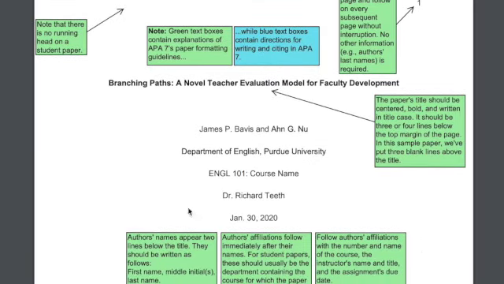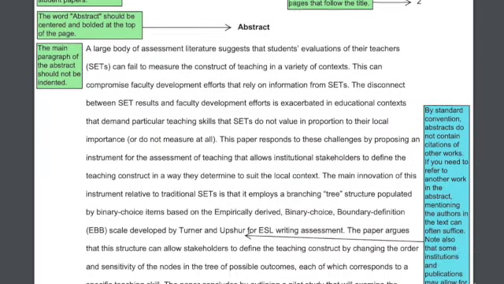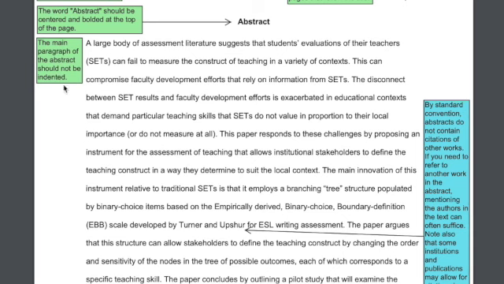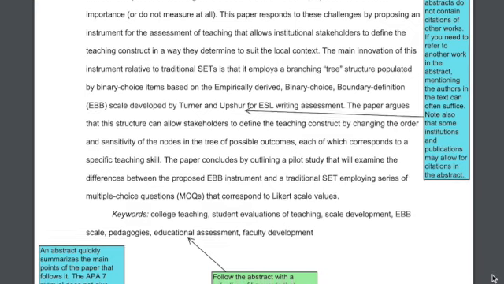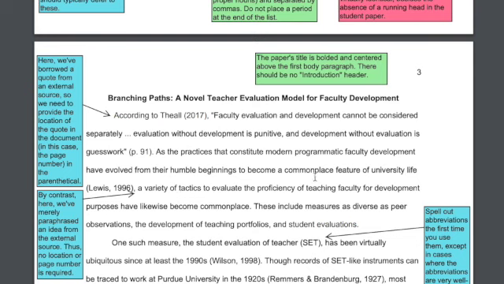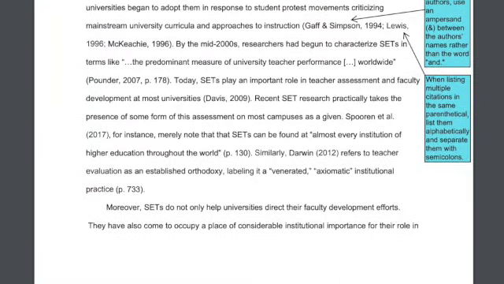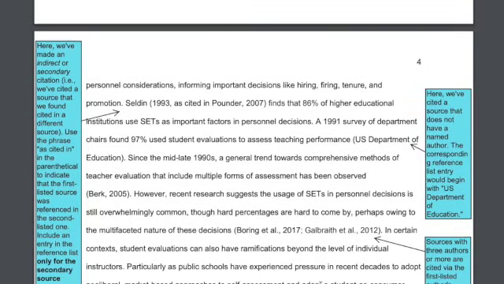You can see some of the different things here on this title page. And then you can see the different styles here with the indentation and that they use an abstract and what is involved in an abstract. Then you will see the title and how the different paragraphs are formatted, as well as abbreviations that are used, in-text citations, and so on and so forth. You'll also see here that you just have a page number,